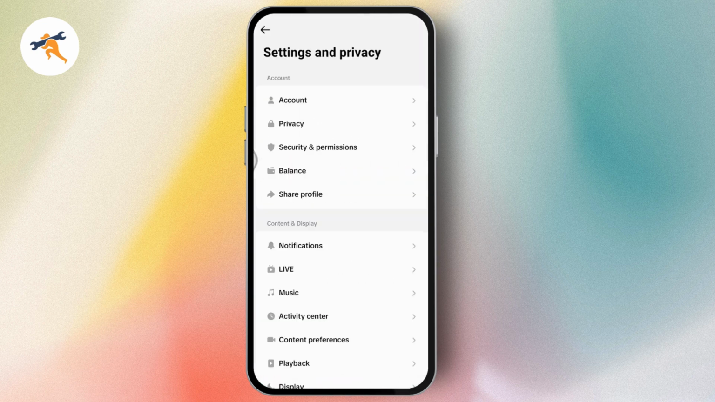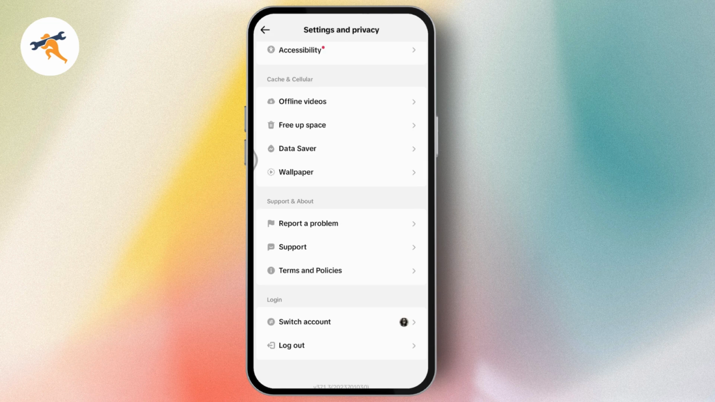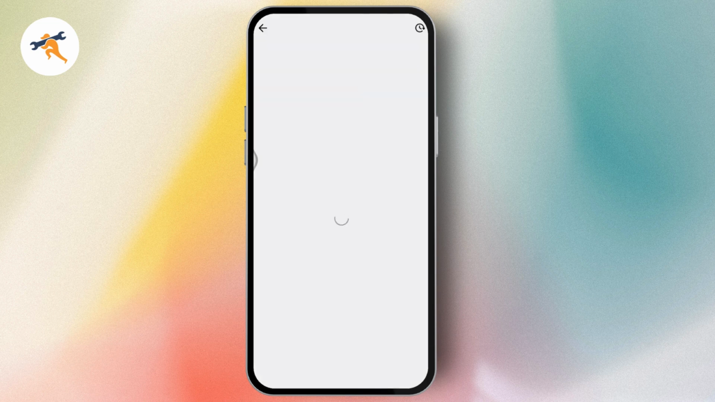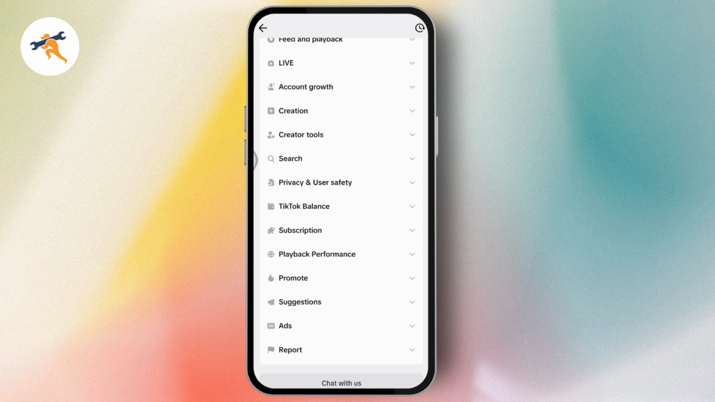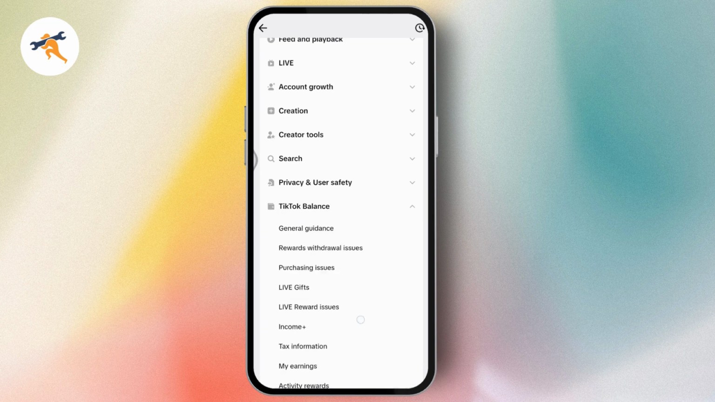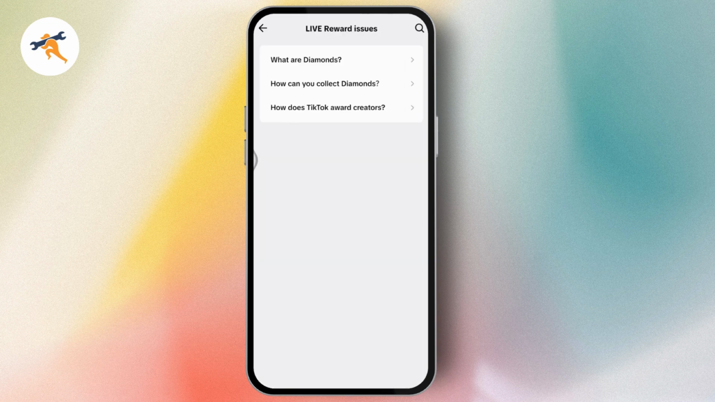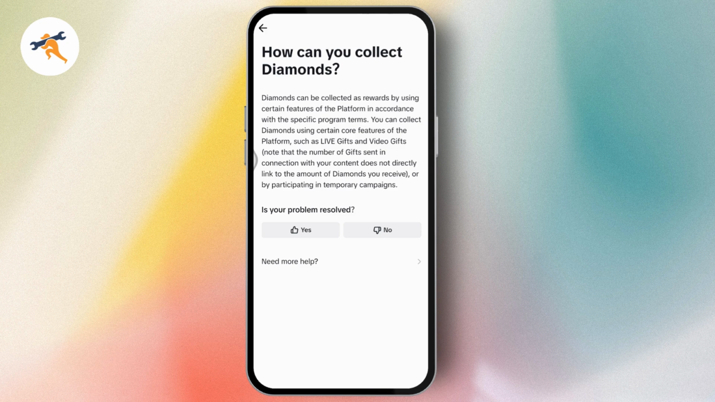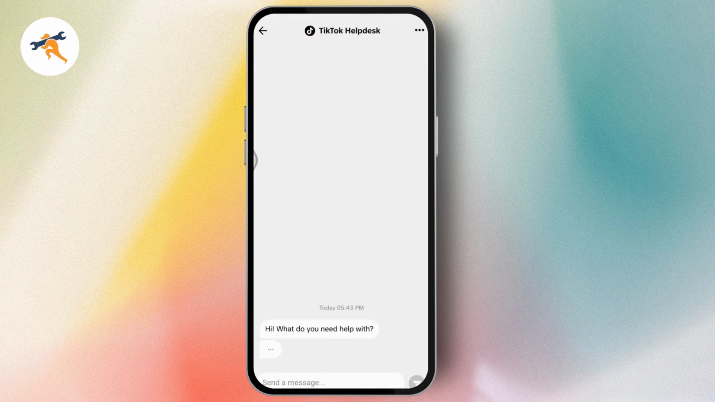and privacy. And I should be taken to this page. Now I'm going to scroll down and click on where it says report a problem. Tap on report a problem, and after that you will be taken to this kind of page where you just need to simply scroll down and go with TikTok balance, enlarge that, and then scroll down again and go with the live reward issues and go with how can you collect diamonds, or you can simply choose any option right here and then go with no and need more help, and it will take you to the feedback option or